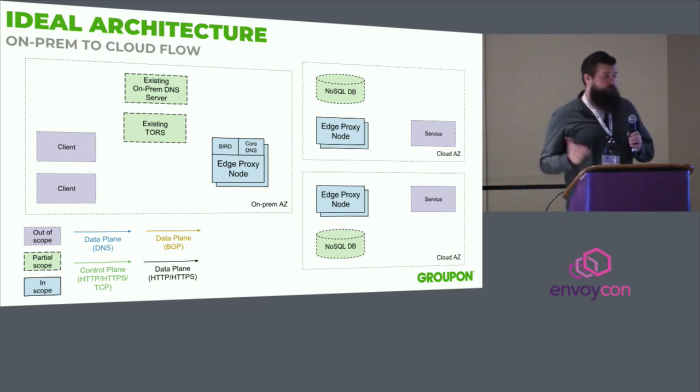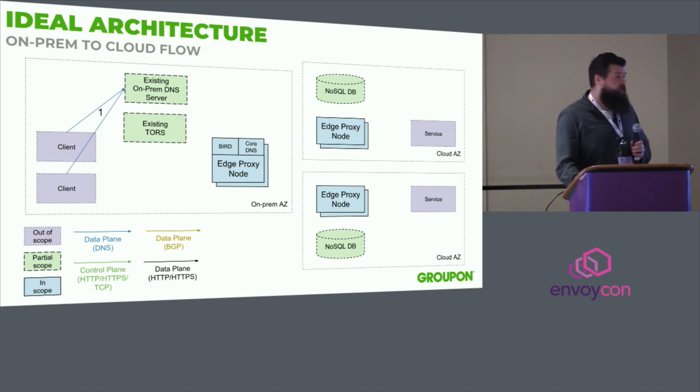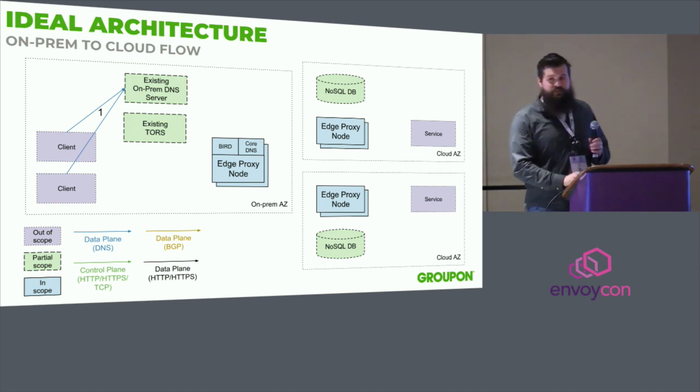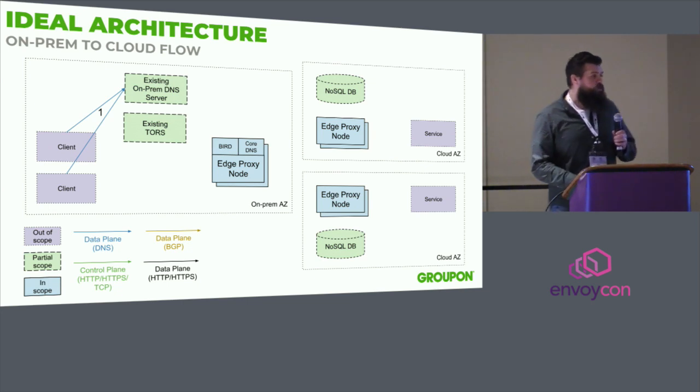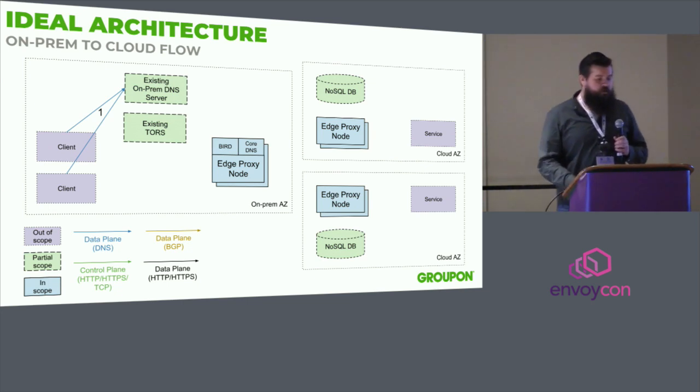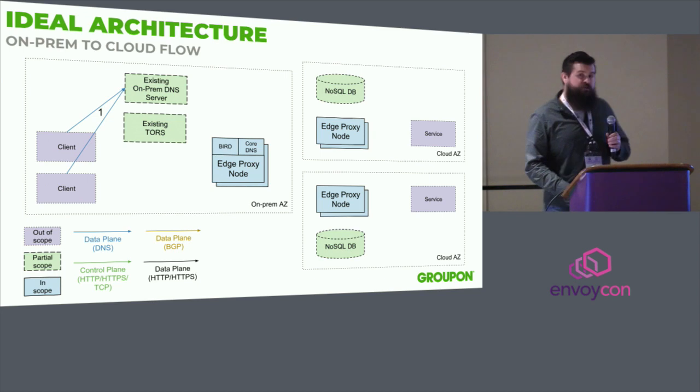OK, step one, client resolves the DNS. All right, this is fairly straightforward. Now, what we've done is we've introduced a new global top-level domain within Groupon that is owned entirely by the hybrid boundary. So in this model, we are using split DNS, and so the host name, when the client resolves it, is always going to resolve to a virtual IP in front of the edge proxy nodes that are running